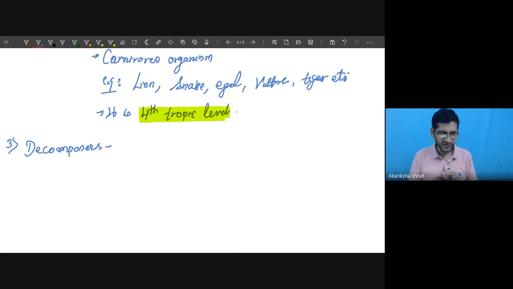So it is important also. These are the microorganisms which help in decaying the dead parts of the consumers and producers and help in recycling. So microorganisms comprising, or consisting of,